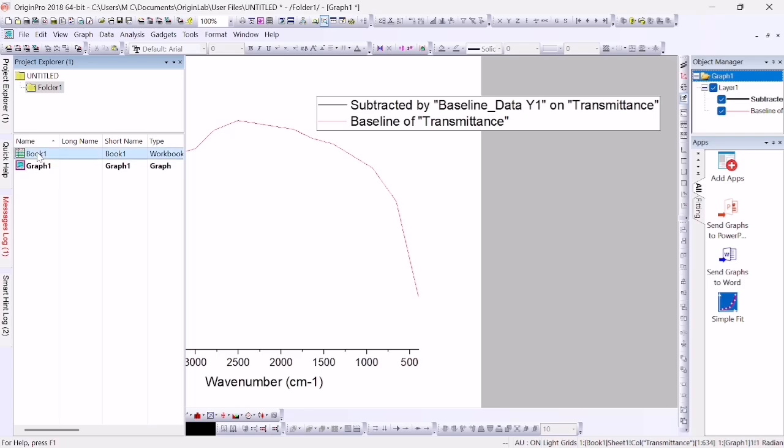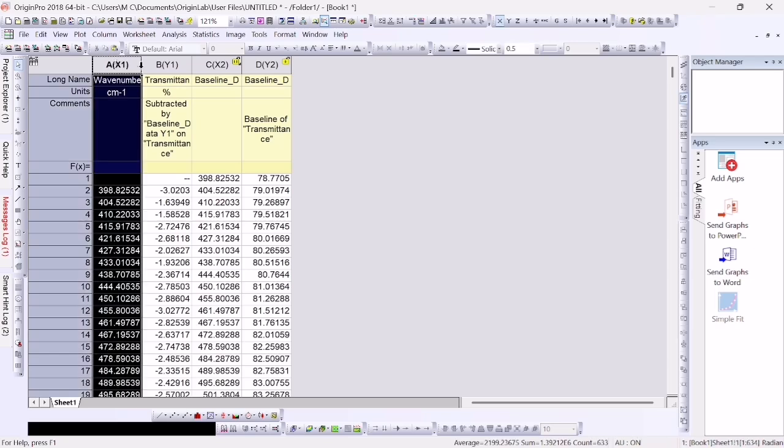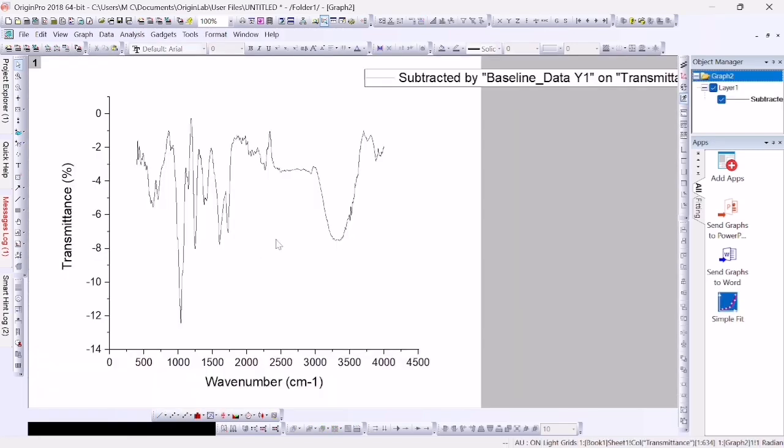Then you have to go to your book, click on Project Explorer, then move to Book1. Then you have to select this transmittance percentage subtracted by baseline and the x-axis, then go to line plotting and it will create a straight baseline graph.